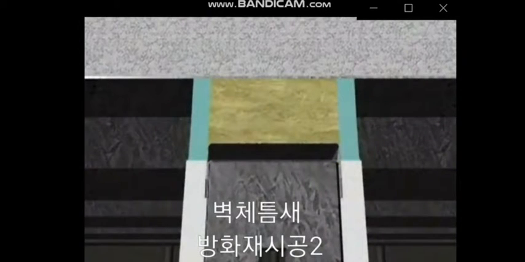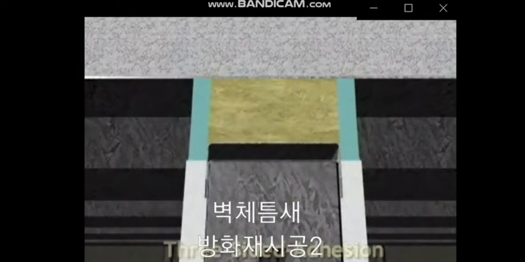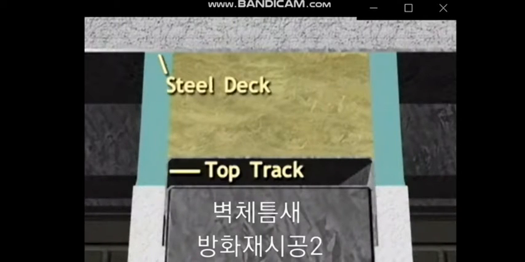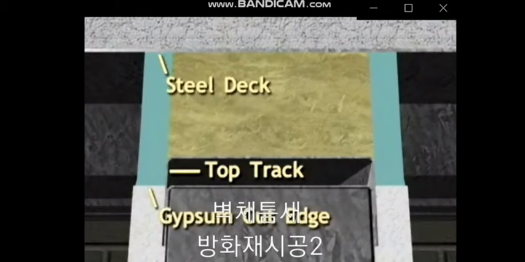One common example of cohesive failure happens when a sealant bonds to all three sides of a joint. This is known as three-sided adhesion. The most common example of three-sided adhesion is in a head-of-wall joint where a bead of sealant might be bonded to the steel deck on top, the top track on the side, and the cut edge of the gypsum board